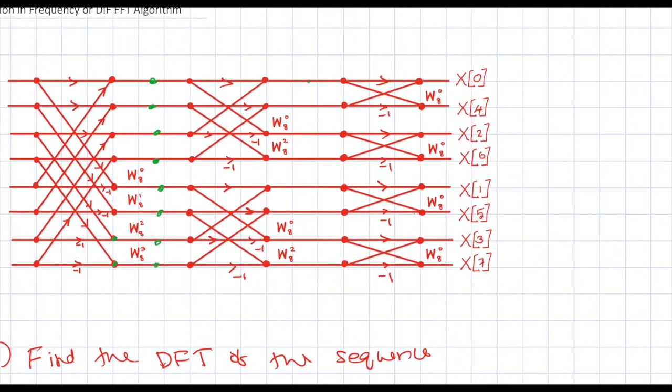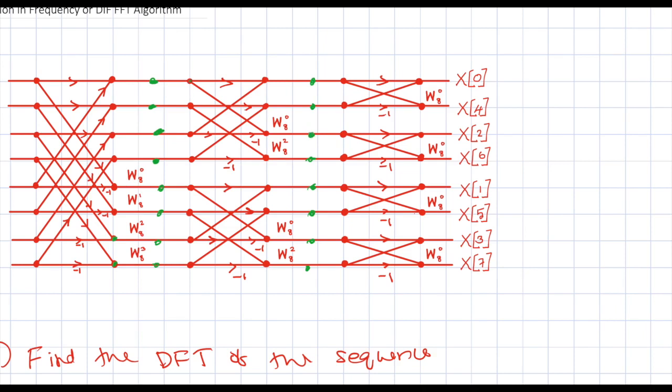Now we will have to compute the values at the stage 2, or the values at these points. So if you want to get the value at this point, you have to take the value at this point, then you take the value at this point, then you add them, because we do not have to multiply it with any other coefficients. So this value plus this value would be the value at this point. Similarly, the value at this point would be found in the same manner, but here there is a difference.